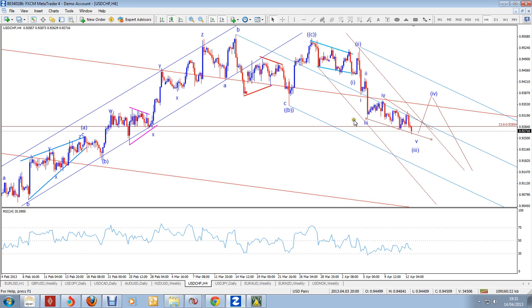Okay, so this one looks like he's already setting off an impulsive leg to the downside. So that confirms that I think the dollar index has stopped, and that against the Swissy at least it is in an impulsive down leg. Okay, so that's one confirmation, but we will see further development to help us get a completely clear picture as to exactly where